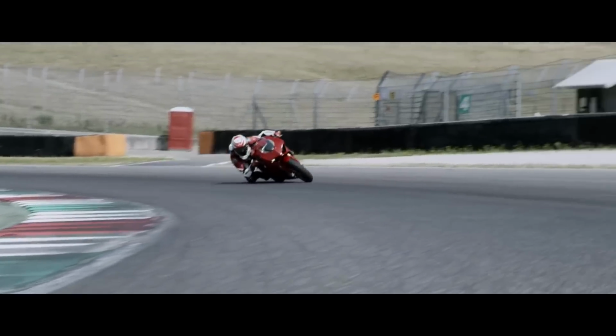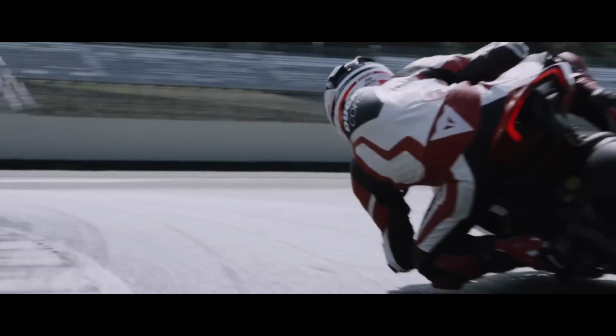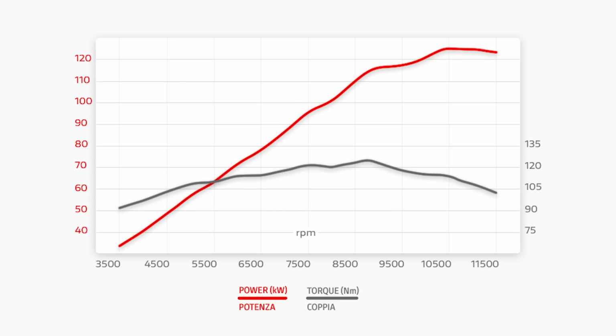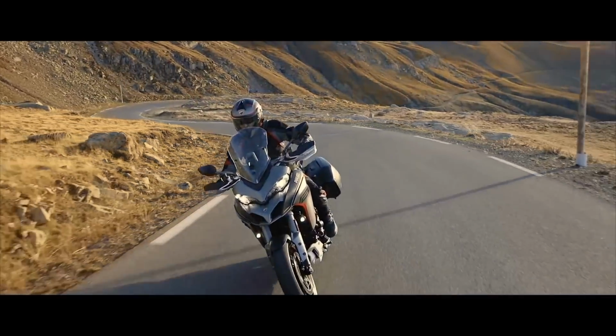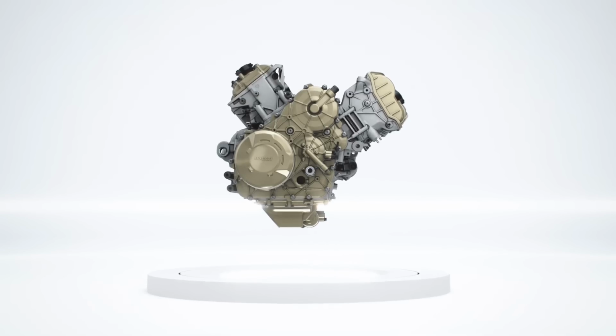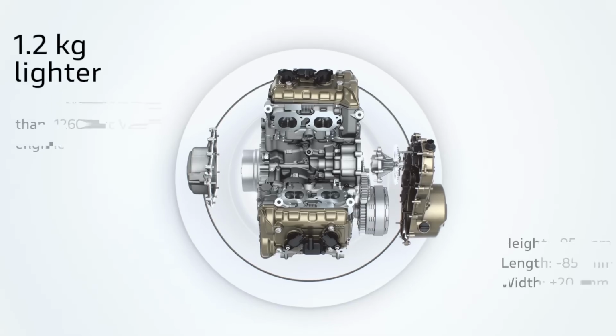Yes, the V4 Gran Turismo is down on power versus the V4 in the Panigale that it's derived from, but it's still good for 170 horsepower at 10,500 RPM and 125 Newton meters of peak torque at 8,750, which is exceptional in this class of bike. Not only is it a 10 horsepower increase on the previous generation Multistrada 1260s V-twin, but the new engine is also more compact, allowing Ducati to optimize its position in the chassis for better balance, and it's 1.2 kilograms lighter too,